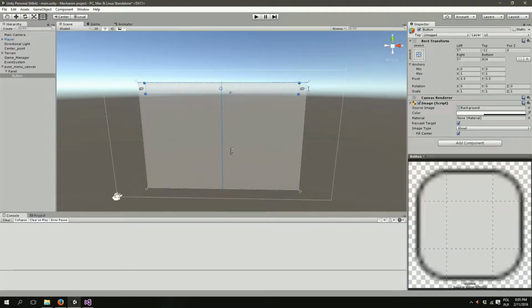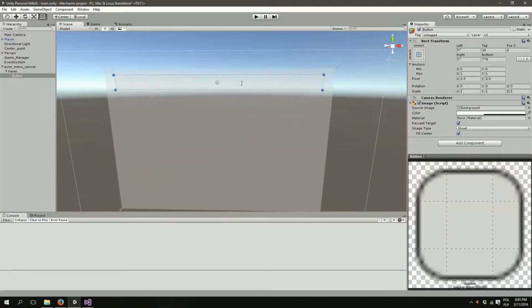I don't really want it to touch top, so I will move it like here, and let's see, something like that